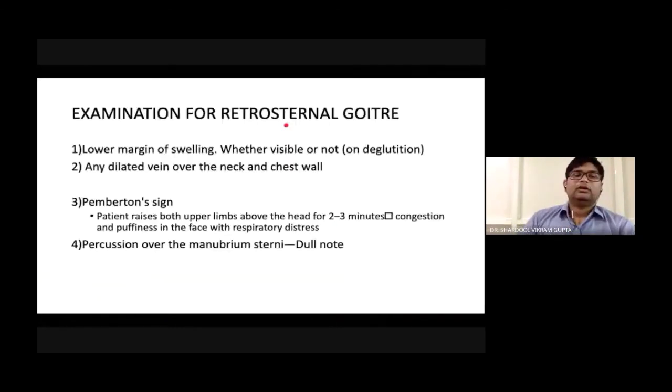So one important question is how will you look for retrosternal extension of the goiter? You must think in a logical manner, because in examination there is a lot of pressure to just pass, without actually knowing the basics. In exam pressure you tend to make mistakes. So in those circumstances, you should have a systematic way of thinking. Like if someone asks a question, then you think what are the things in the history and what will be the things in examination.